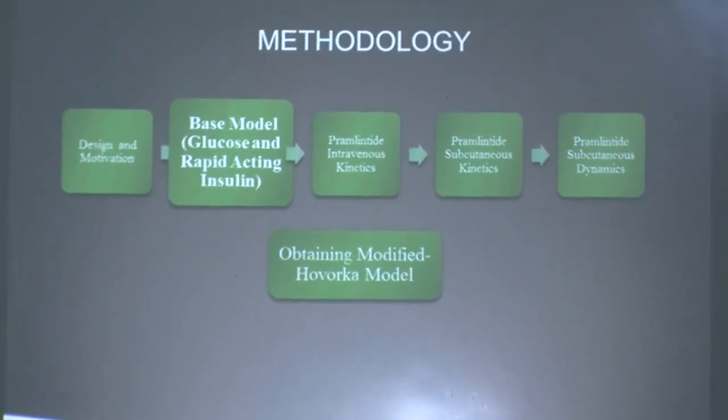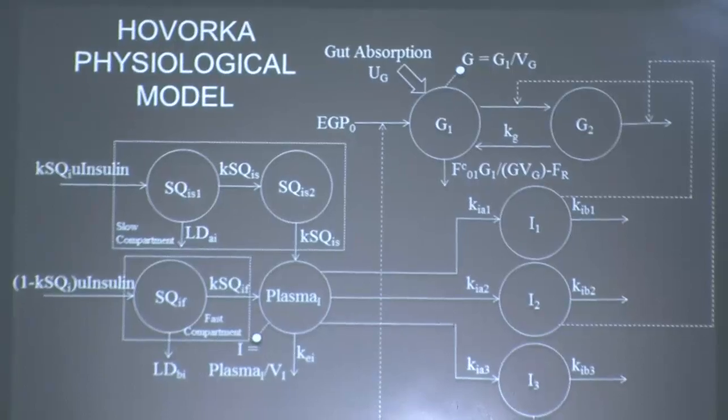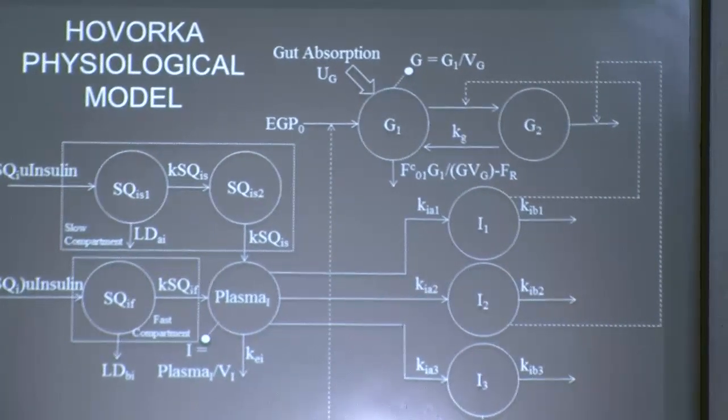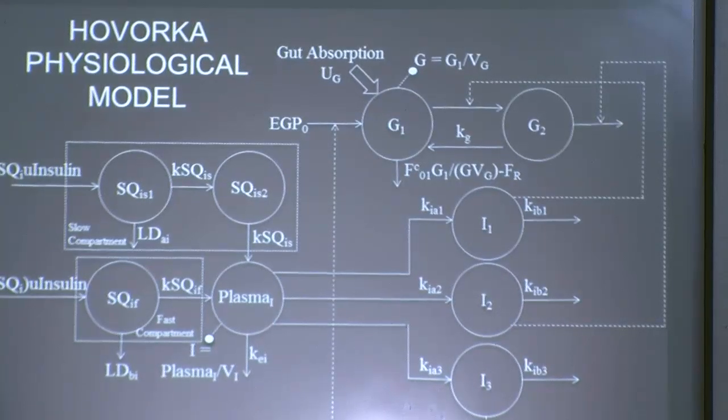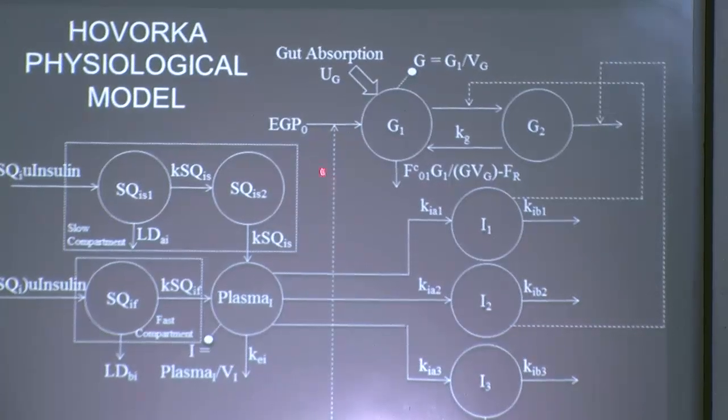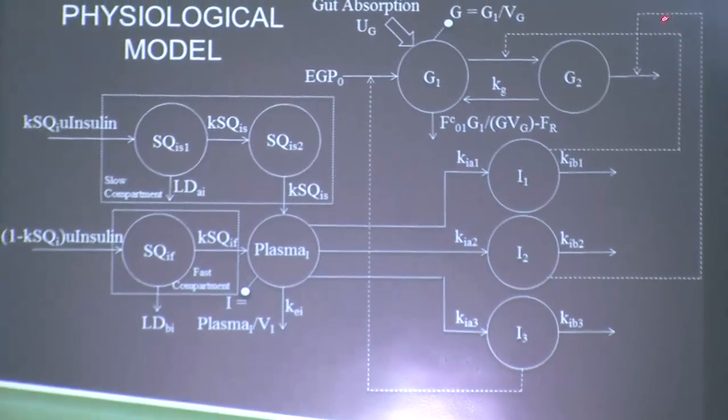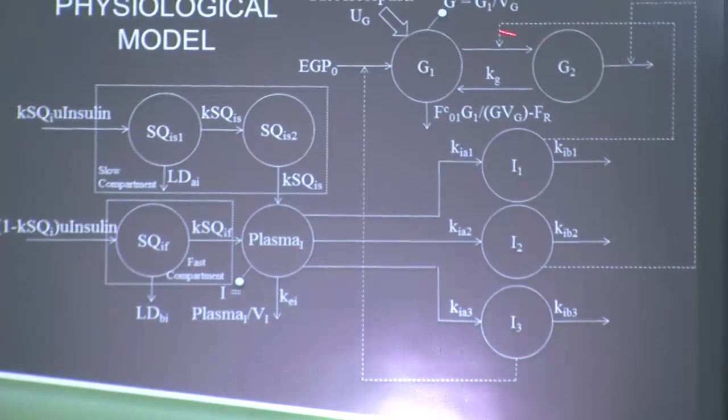Well, can you go back for a second and just describe the difference in the arrows? So the dotted arrows, right? Okay, so the bold arrows represent kinetics, and the dashed arrows represent dynamics. As you can see, the insulin action subsystems, these are the dynamics: the endogenous glucose production, disposal, and transport.